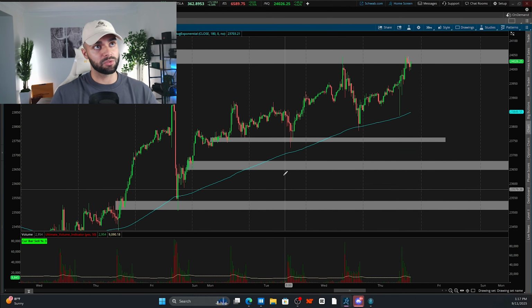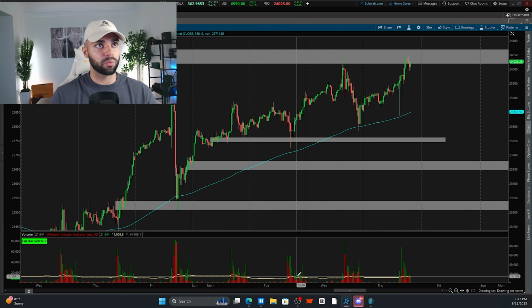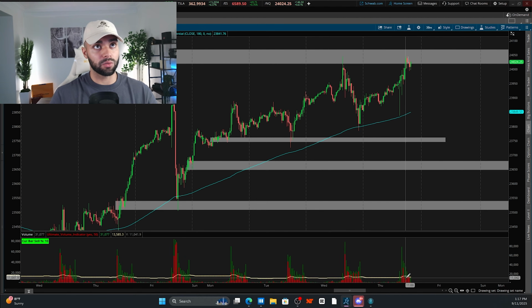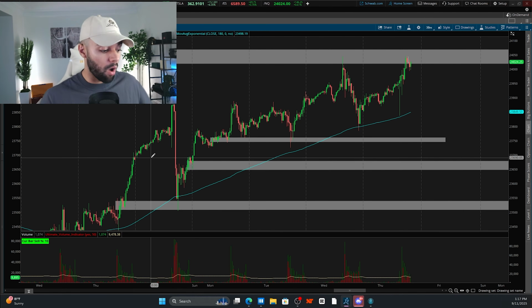So I'm looking at volume. As you can see, as we moved into this demand level, what happened with volume? It got weaker and weaker and weaker. As we move into supply, what happened with volume? It got weaker and weaker and weaker. Same thing that's happening right now. So if volume is getting weaker and smaller as we're coming into a key level, I'm looking for a reversal,